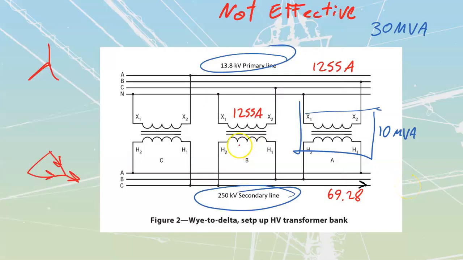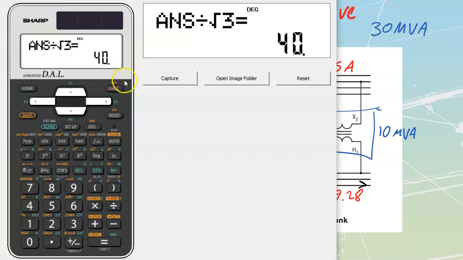So my actual transformer high side winding is going to have 40 amps going through it. Perfect. Let's take a look at our voltages. On my secondary over here, I have 250,000 volts for my line value voltage, and if it's delta, that means I'm also going to have 250 kV for my phase value of voltage. And on my primary, I know that my phase value of voltage is going to be root 3 less than my line-to-line value. So I'm going to take that 13.8,